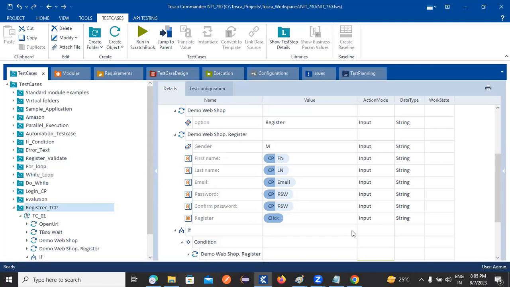Once we create the folder at test case level, we are able to get